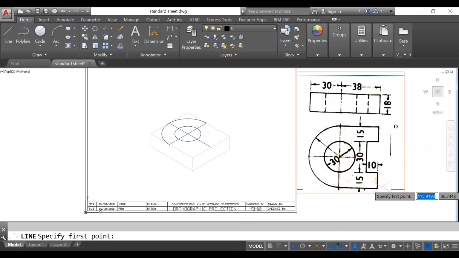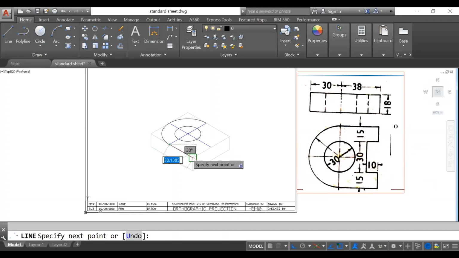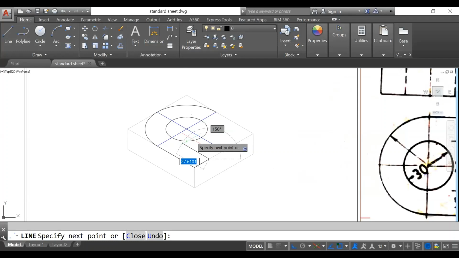Now you can extend this process. So this line is throughout, this line is also throughout, this side 15 mm, this side 10 mm, then 30, then 10, then 15. So likewise you have to draw. So first I will connect to this, then this side how many mm? 15 mm. Okay, then inside how many mm? Just only you have to give the direction and dimension. Inside there is a 10 mm.